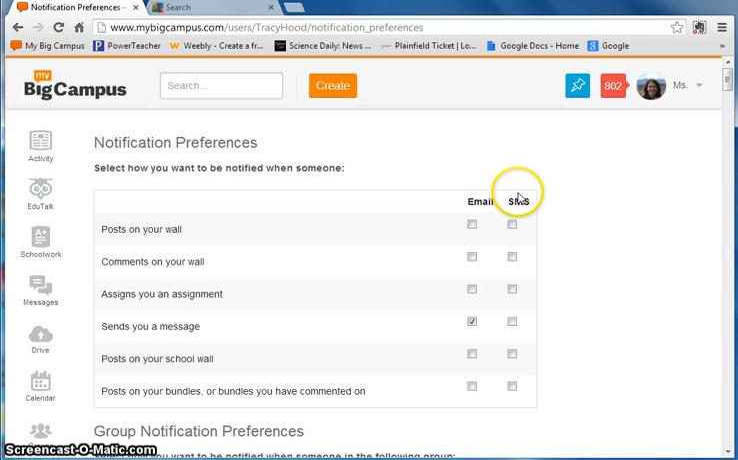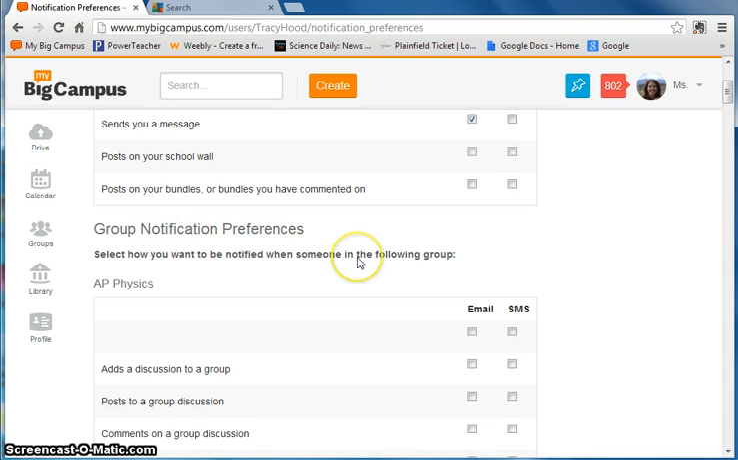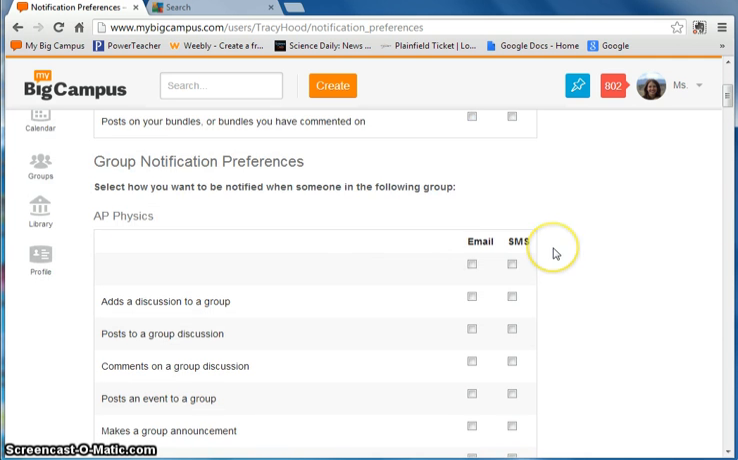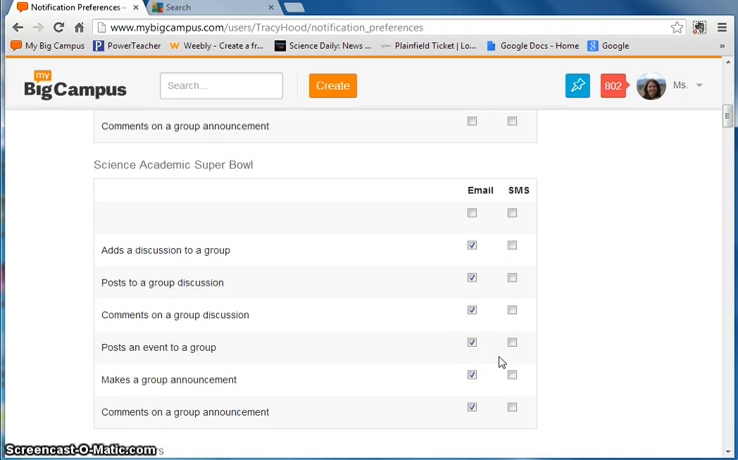Notice this SMS. So I could set this up so that it actually sends a text to the phone number that I've linked with this account. I have left that off. So that's in general for what happens on your wall to your account personally. You also want to take a look at each of the groups you're a part of and work on the group notification preferences. So I've turned all of them off here,